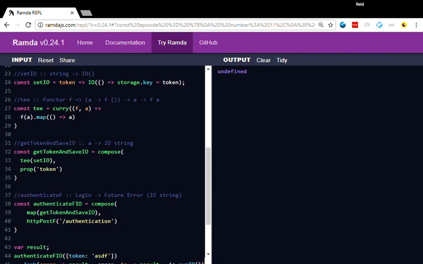And then what we want to do is take the A that would be passed into that function, and we're going to return f of A. So what that ends up looking like is curry: we're taking a function that accepts an A, we're applying A to the function, and we're going to map over that, and then what we end up returning is that functor, because it's a map, and we're going to return A inside of it.